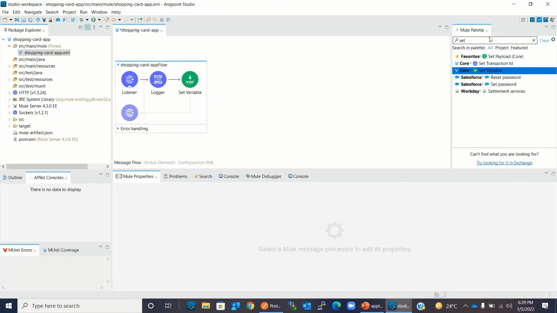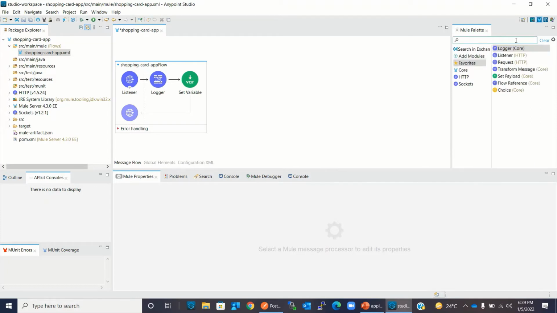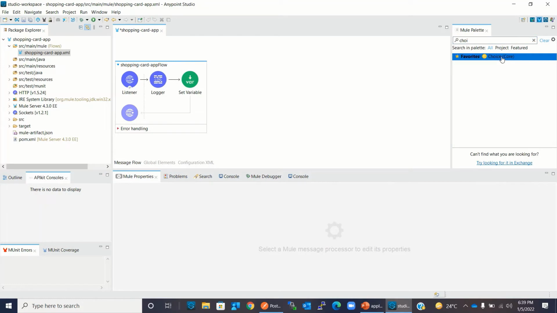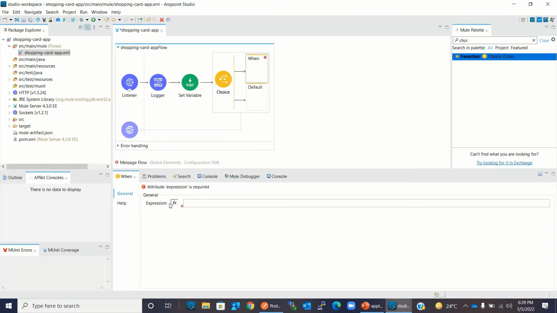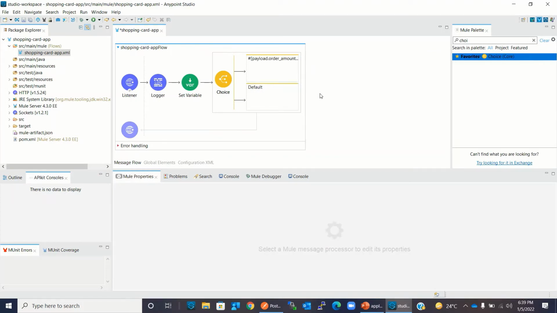For that, I need a choice router. I will add a when condition: payload.order amount is less than or equal to vars.creditLimit. So the choice router has two routes.